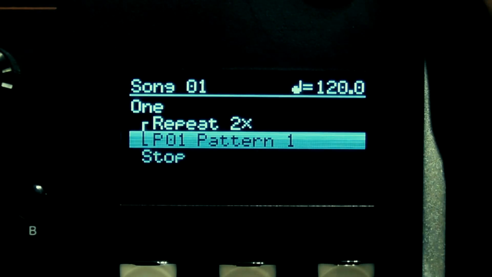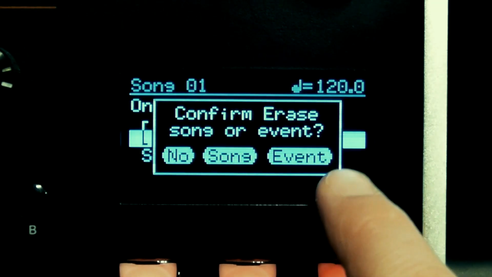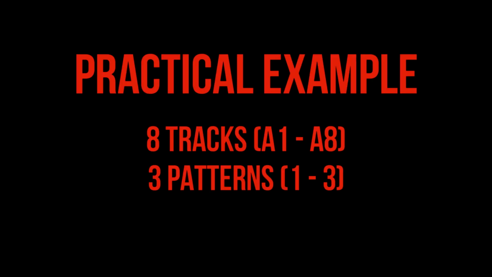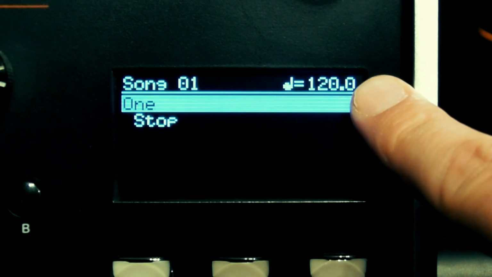As mentioned earlier, erase in conjunction with the cursor position allows for individual events or the entire song to be erased. Okay, so let's do a practical example to show all this in action. I've composed two 2-bar patterns and one 4-bar pattern on slots 1, 2 and 3 respectively, which we'll use for the demonstration. I'm going to keep the base tempo of song 1 at 120 BPM,